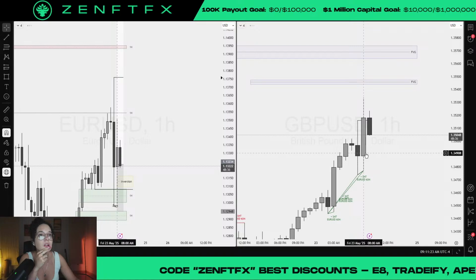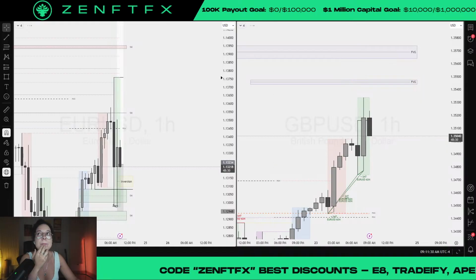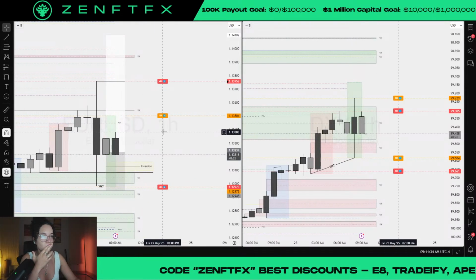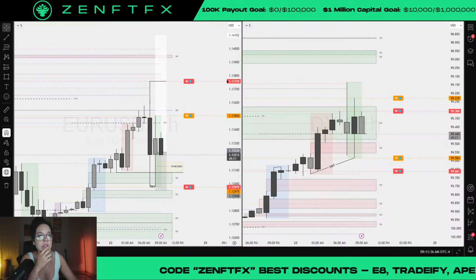Oh, okay, so we took out the previous hourly highs. We didn't take it out here. It's 9 a.m. I got stopped at a break even here, but personally,